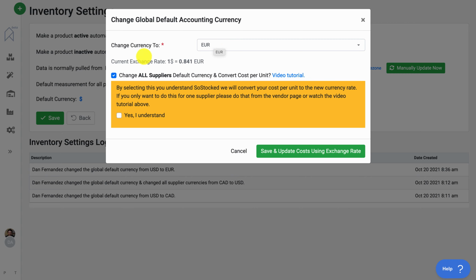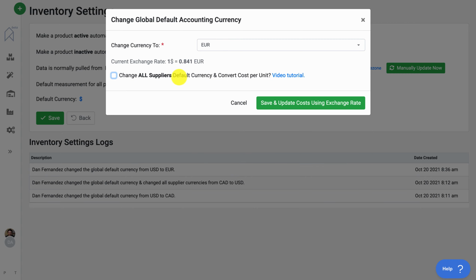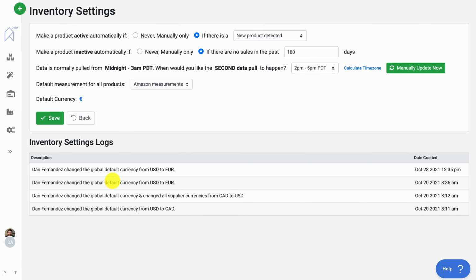Now, if that's not the case, we will use Google's API to constantly update the exchange rate so that when we're taking inventory snapshots on your inventory page, it's always being updated. Now, once this is done, you can click Save and update the cost per unit using the exchange rate. The exchange rate is pulled in right here. And when this is saved, you're going to give it a second,